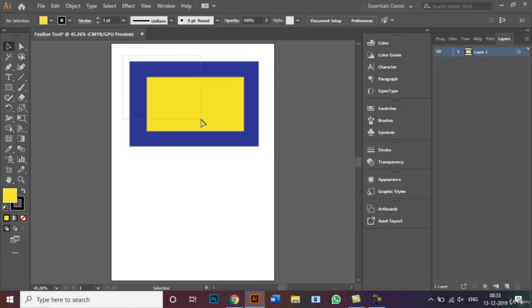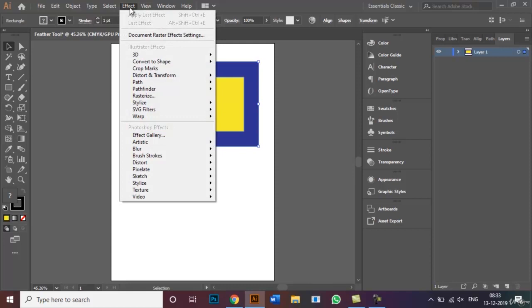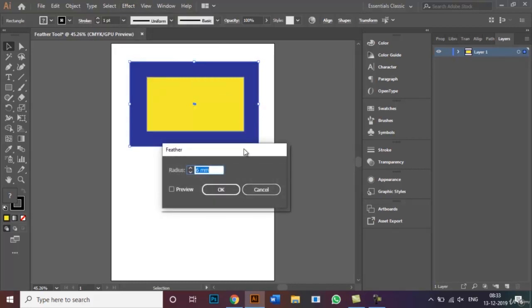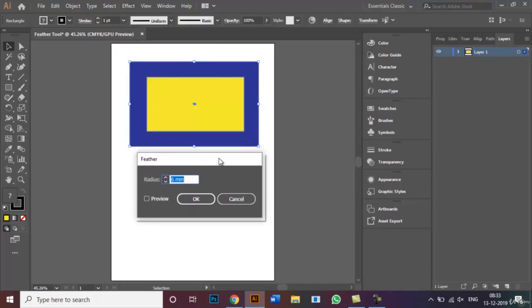Now I will select both these rectangles like this. Go over to this Effect panel right here. Click on it and go over to Stylize. And from Stylize, I'll select Feather. And this box pops up. So what this is asking is the radius. So what the radius does is that